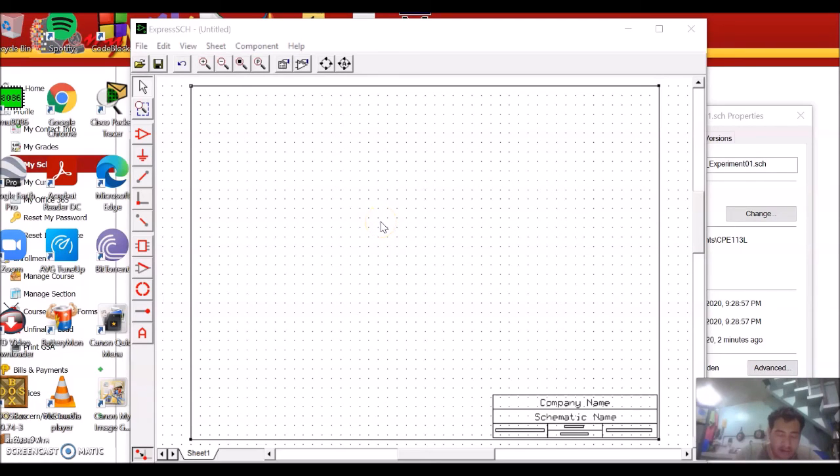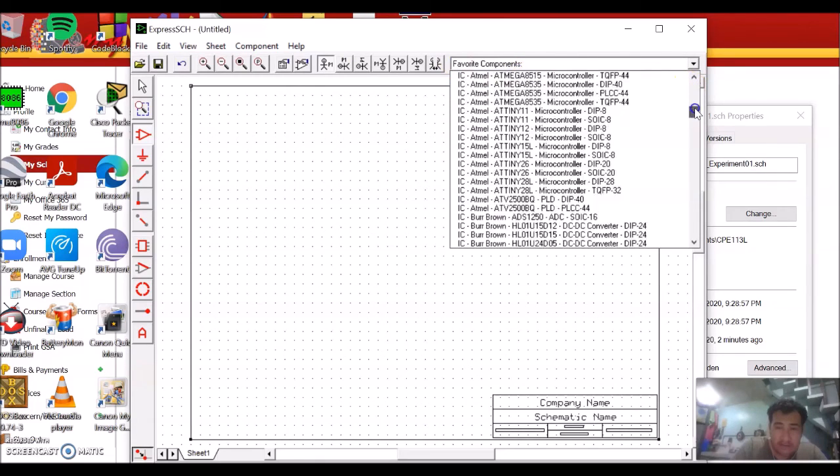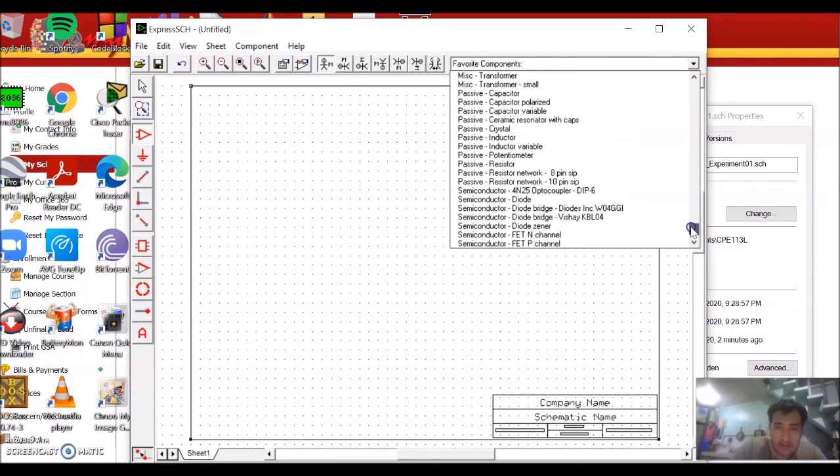Now we have the Express SCH open. We could see the empty schematic. Now let us first click on the amp-like symbol to place the components like this one. And then we press the passive resistor, passive, okay, pressing passive resistor,